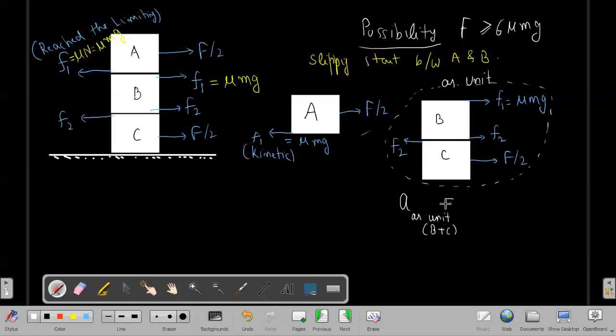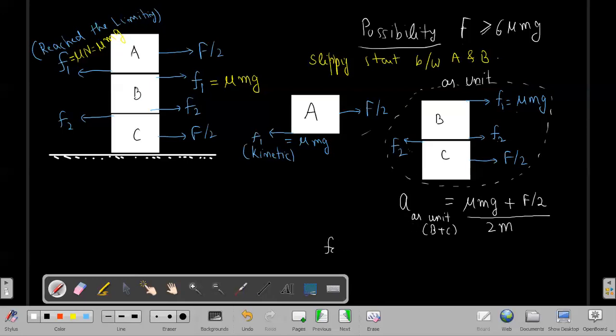If the friction between block B and C can prevent the slipping between B and C, we can consider the blocks B and C as a single unit under the external force. Now look, if B and C are considered as a single unit, F2 forces are now internal forces because they cancel, and the external forces are mu mg, which is the friction by block A, because now block A is not the part of the system. So the force by block A will be considered as the external force, plus capital F by 2, which was the force by the string. This is the total force on this unit, divided by the mass of the entire unit, which is now 2m.